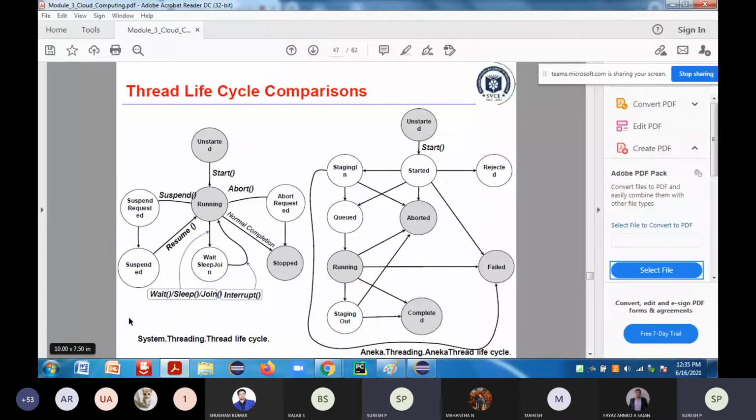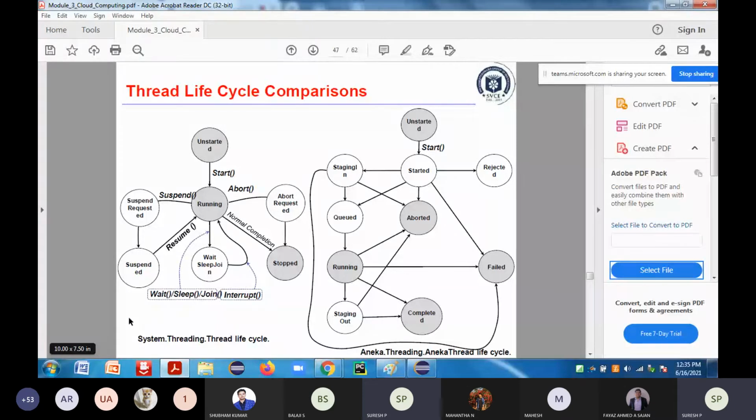Then I have to wait till that particular resource is released, so it will go to the waiting state. After some period of waiting, if the resource is still not released by the other thread, then I should go for the sleep state.